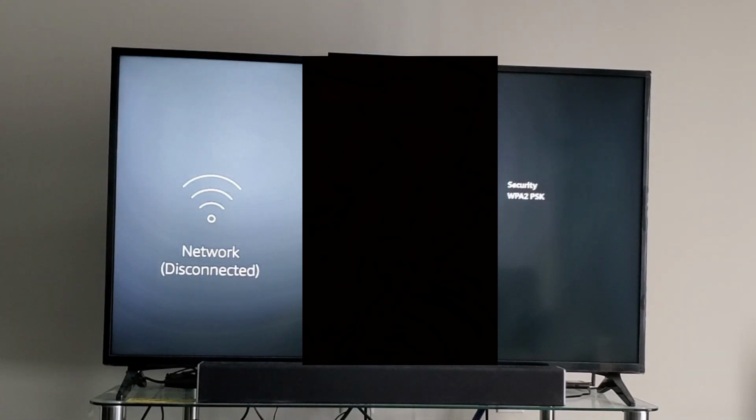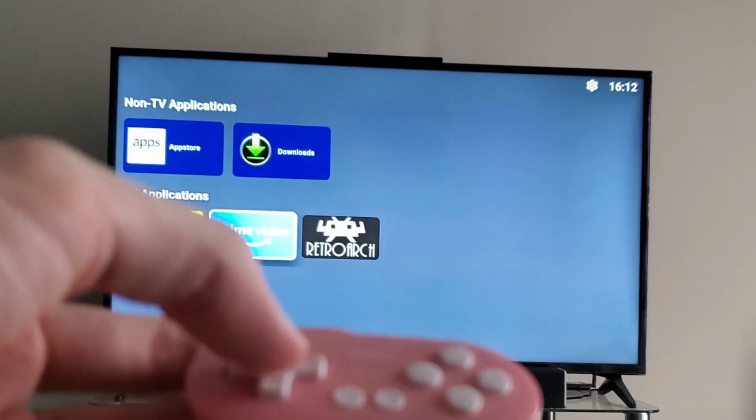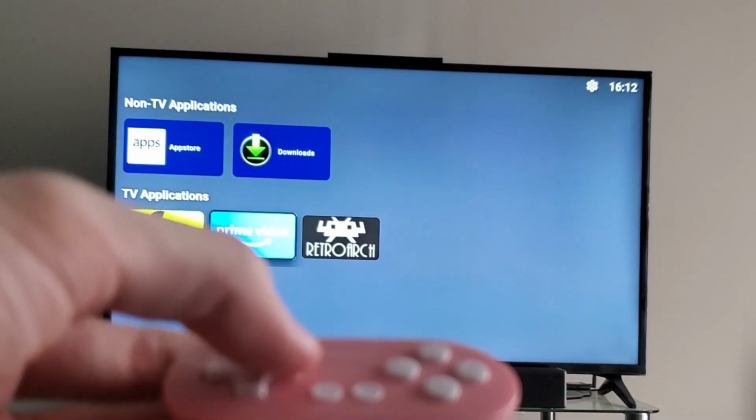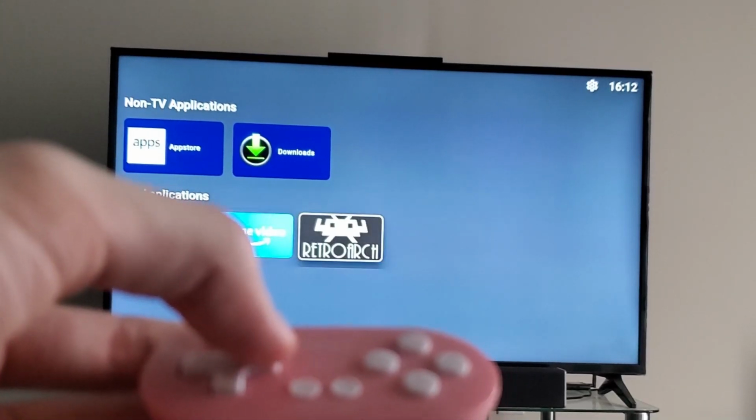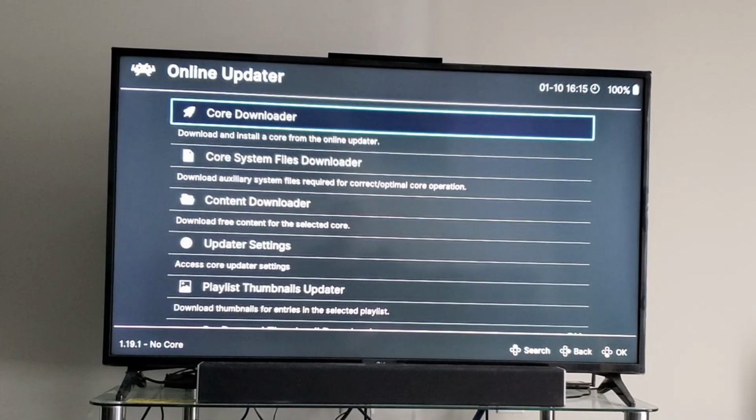And next I'm going to go ahead and turn the Wi-Fi on by going to Network, going to connect to my Wi-Fi. Now I'm going to go all the way back out. Now we're going to use the 8BitDo controller to go over to RetroArch. There we go. So now I'm going to go to the Online Updater, Core Downloader,